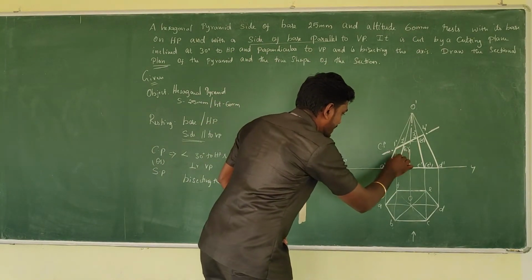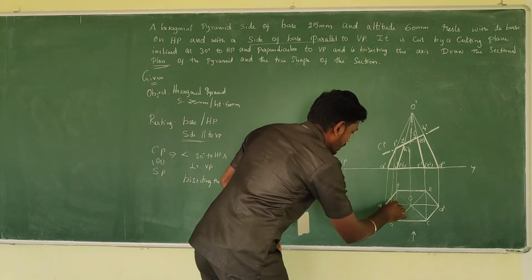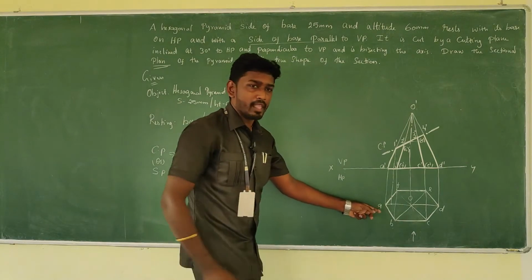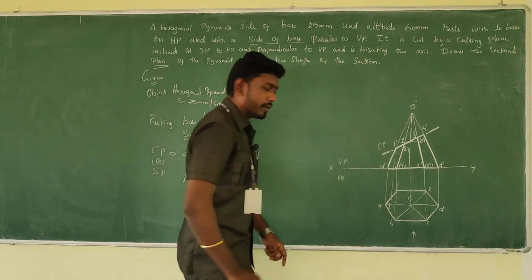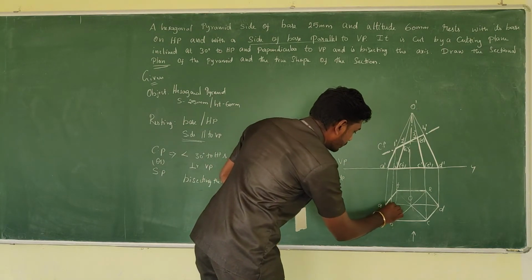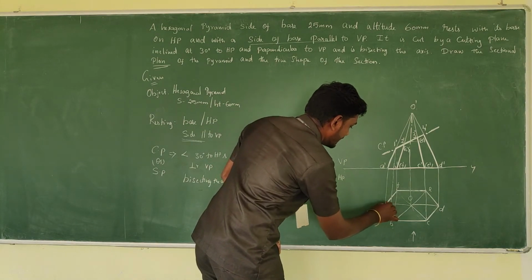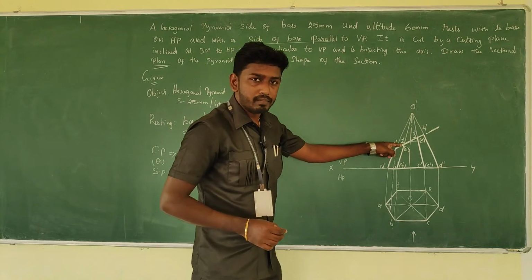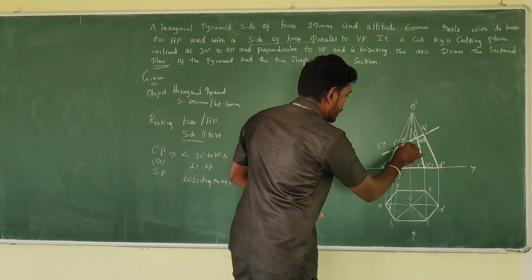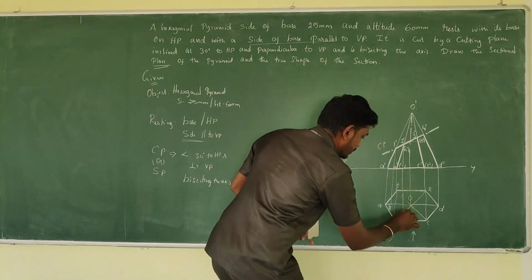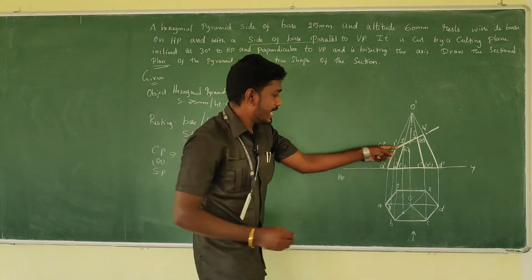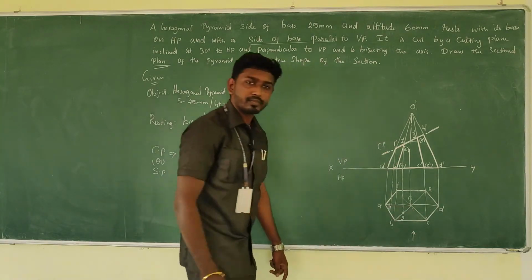Try to intersect with the same slant edge O to A. So this would be your first point. Have you got it? This would be your first point, 1. Okay, and then the second one is between O and B. Am I right? O and B. Just take the projector and intersect it. Okay, in between O and B there is an intersection point. It will be your 2.